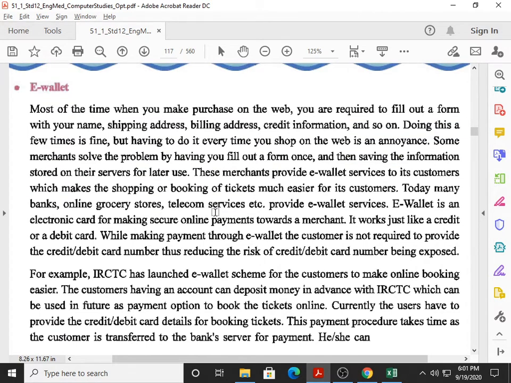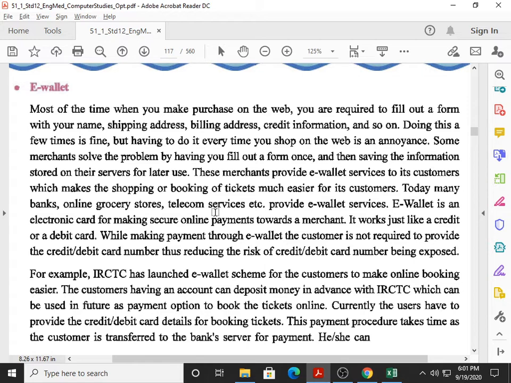Now students, e-wallet facility is available in terms of your Paytm wallet and all those. Those who are using Airtel, they understand Airtel Money, and Vodafone, now Vi, they understand M-Paisa. These are the wallet systems. Paytm wallet, for example. Okay, the benefit is you don't require to type the information every time when you purchase the product. Otherwise, what happens when you open the site, you select the product, every time they ask you the same information, your name, address, email ID and mobile number and all those information. But with the help of an e-wallet, you don't require to enter all the details again and again.